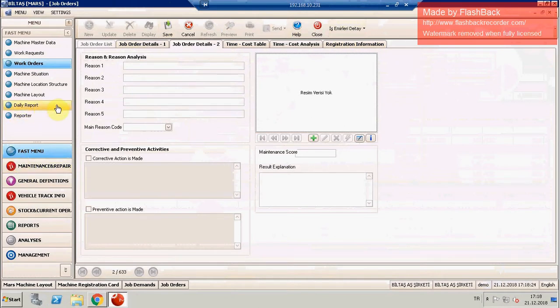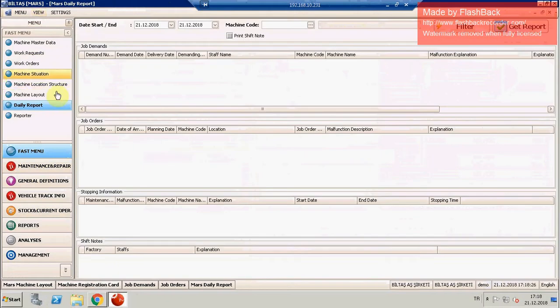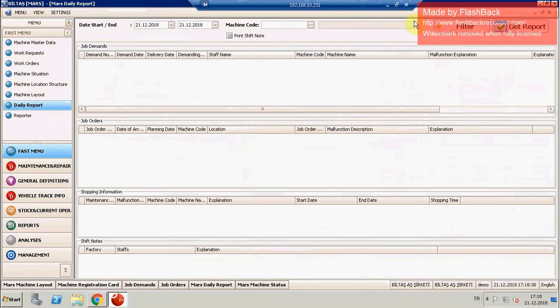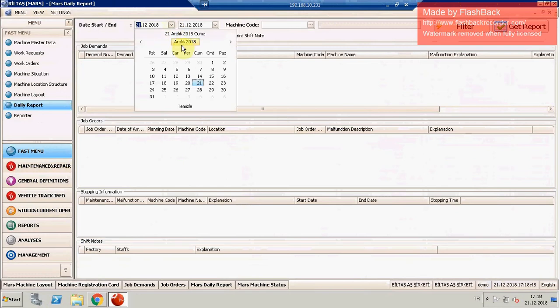Let's continue with the daily report screen. These are all the important screens, but I just want to show you how the program works. This is a fast daily report screen. It is another reporting screen that allows you to get daily reports in the fastest way possible. All you have to do is select the time interval. For example, let's say